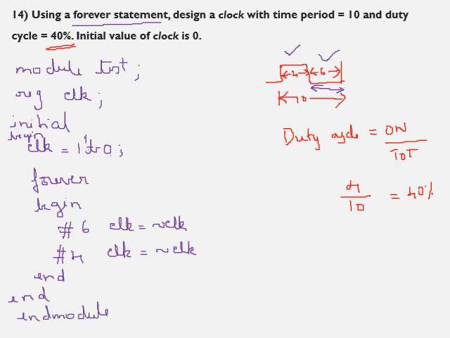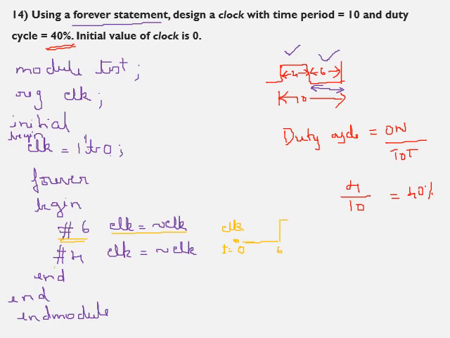So we'll see if we are getting the correct thing what we have designed for. So you are starting with initially at time t equal to 0, at t equal to 0, you are starting with the 0, right? Clock is 0, clock is 0. Now I am telling till 6 time units, it should be 0 only. So from 0 to 6 it will be 0. After 6 time units you are saying clock equal to not of clock. So our clock initially is 0, not of clock means it will become 1.